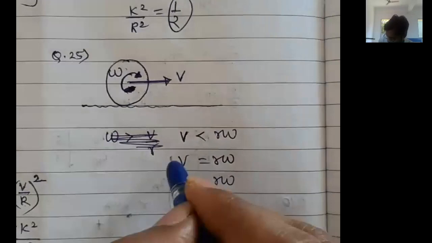Okay, so this condition will automatically be achieved, and to achieve this condition, who helps us? Friction helps us. So if v is less, friction will try to increase the velocity. In that case friction will be in the direction of velocity. So for this,